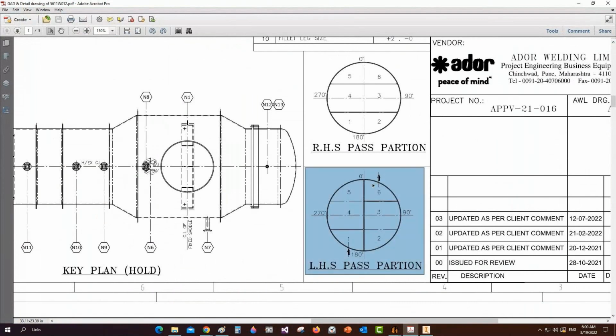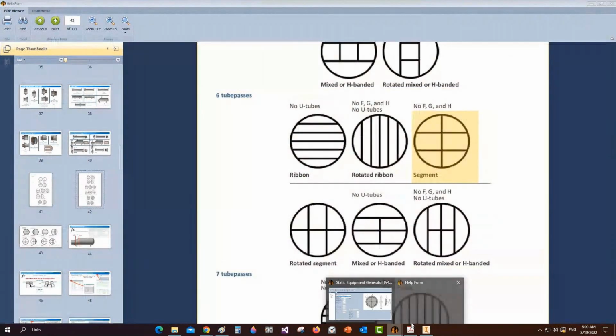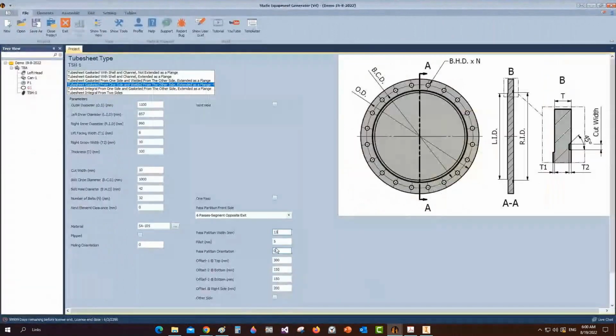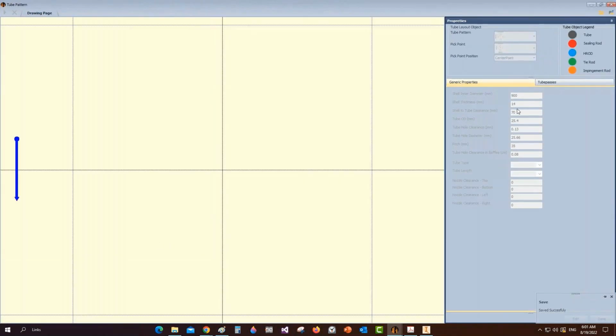Okay, and the bus that we will use is the segment type. So from here I select the segment type. So let's close this one. So from here I select the segment opposite direction, and from here we will define the values of top and the bottom offset for the bus partition after calculating the tube bundle arrangement. So from here, let's click on save,